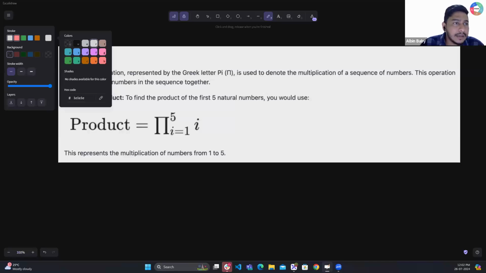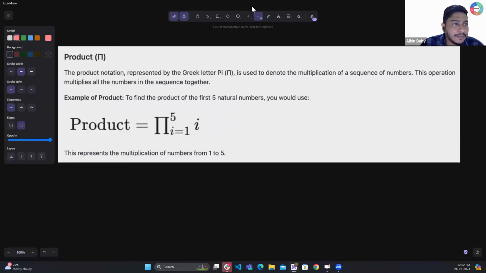So let's try to understand that. Okay. So if you see, what symbol is this, guys? Pi, right? The product notation represented by the Greek letter pi is used to denote the multiplication of a sequence of